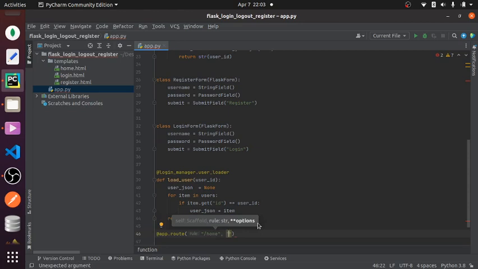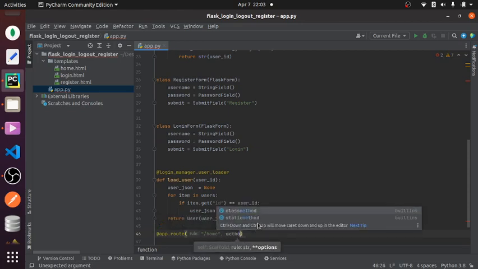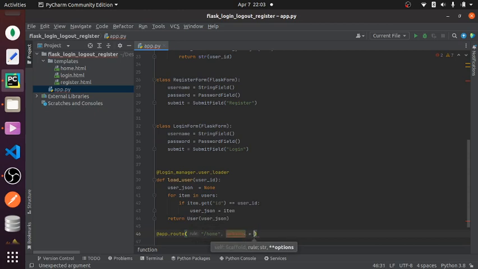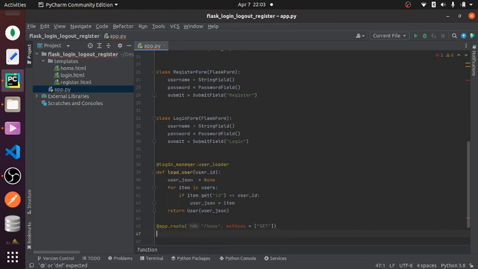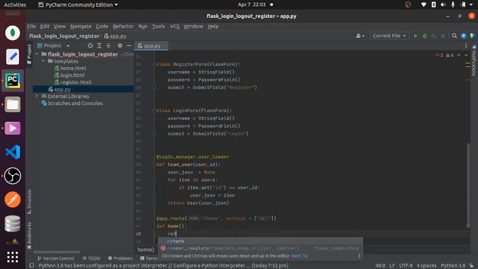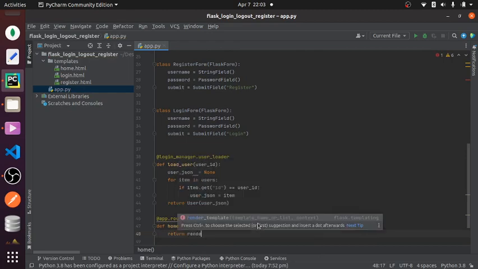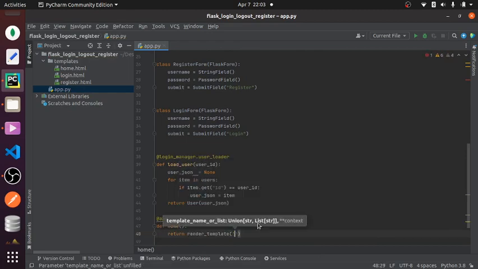This is going to be of methods get, and let's define the view function for this. Return render template home.html,